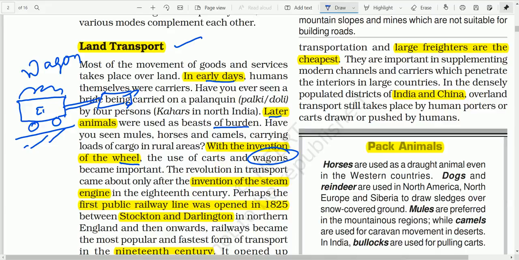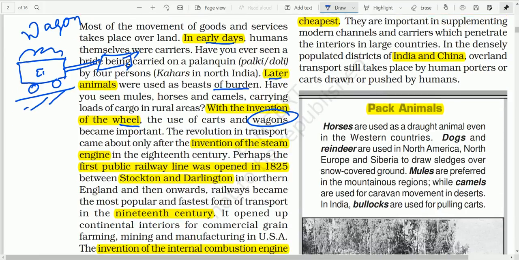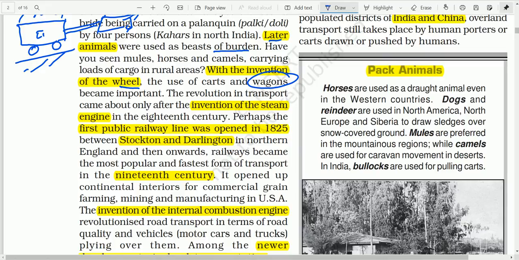Then the revolution of transport came about only after the invention of the steam engine in the 18th century. You might have learned in history also that perhaps the first public railway line was opened in 1825 between Stockton and Darlington in North England, and then onwards railways became the most popular and fastest form of transport in the 19th century. So this is another development in the transportation system with the invention of the steam engine,